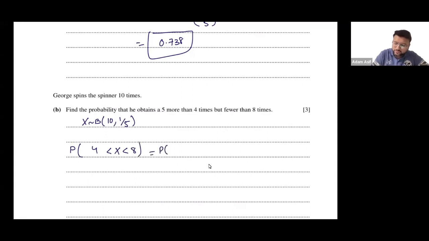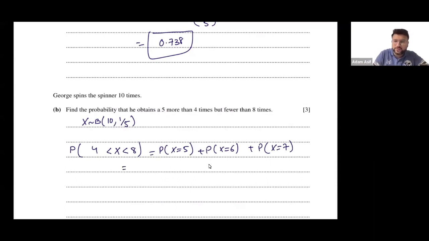That includes he can obtain a 5, okay, 5 times, 6 times, or 7 times. Okay. So